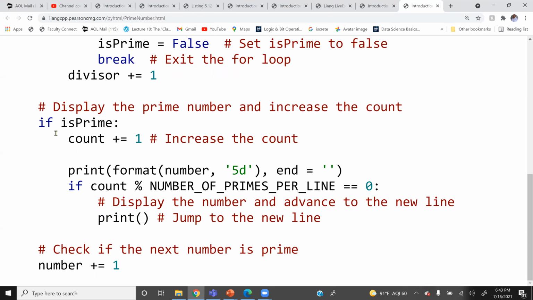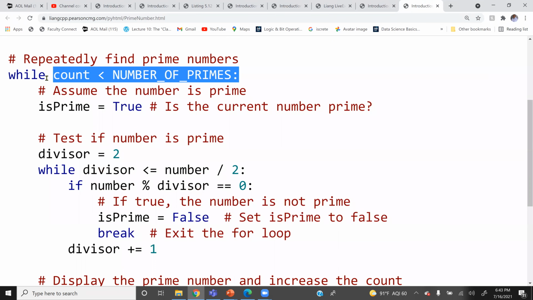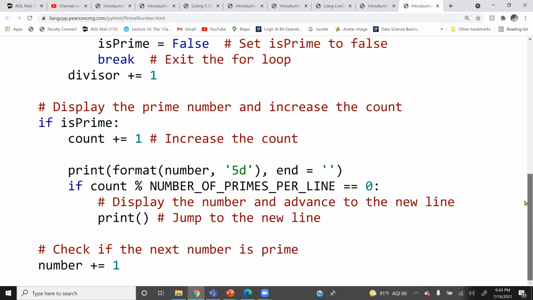But if it's prime, we count it. Again, we are inside the while loop, so every round we're going to count. We increase the count. Then we format our output the way we want, because remember we said 5 in a line. And then count